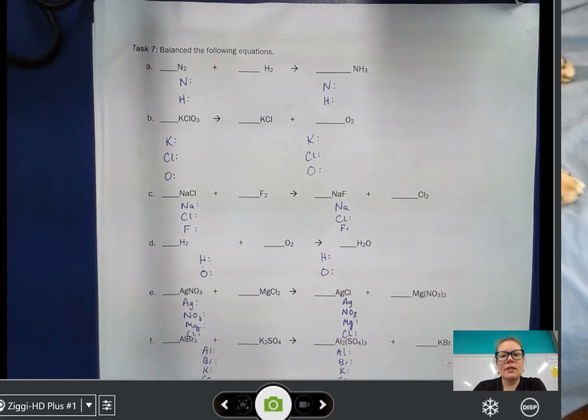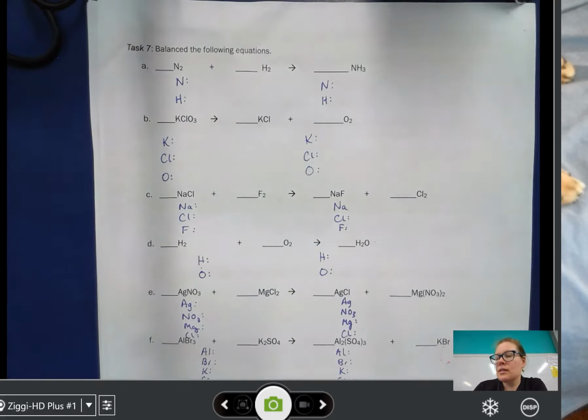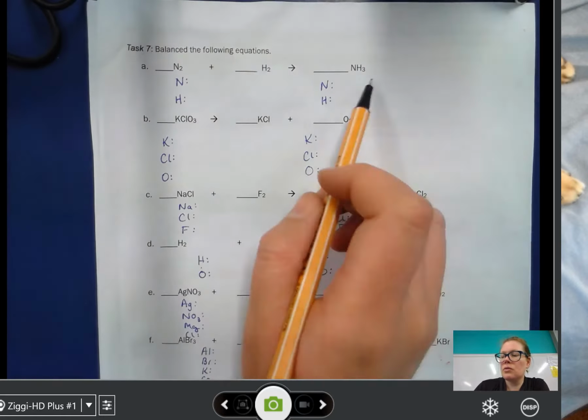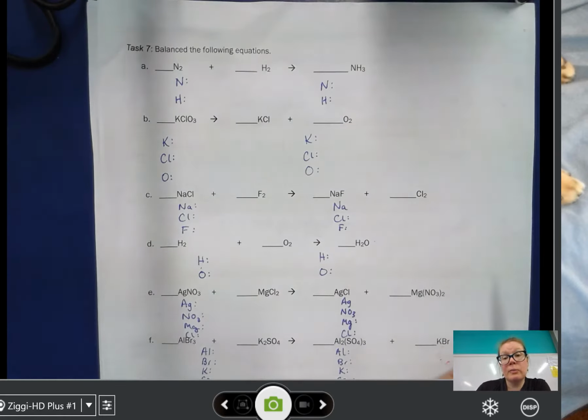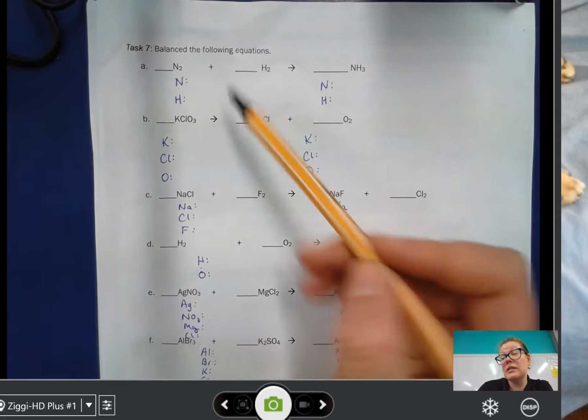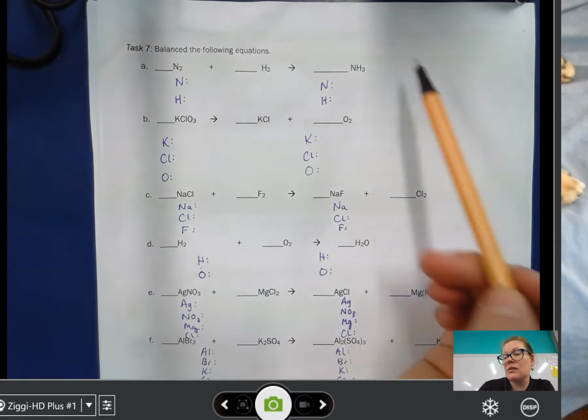Okay, so task 7 is balancing the equations. Now this one's probably, for some people, a bit daunting, other people think it's easier than what's been done previously. So you are given the formulas already, so you don't have to work out those, they are already balanced. What you are doing is just balancing the number of atoms on the reactant side with the number of atoms